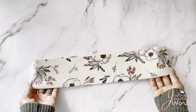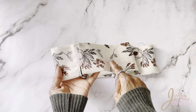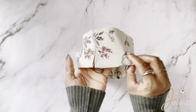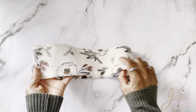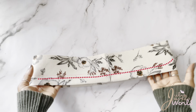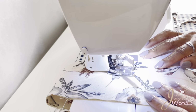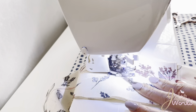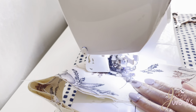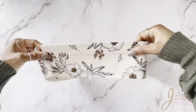And we are going to be sewing all the way around. All the way around. Okay. The line that we drew. You now have it sewn